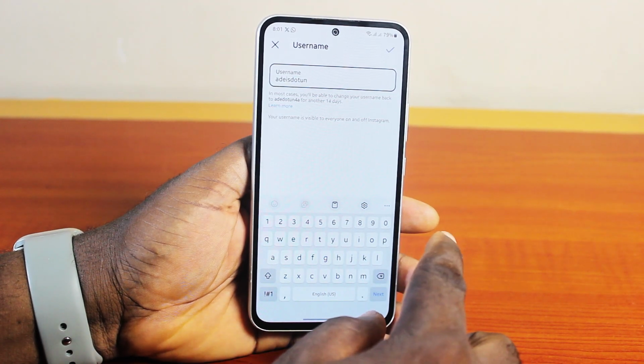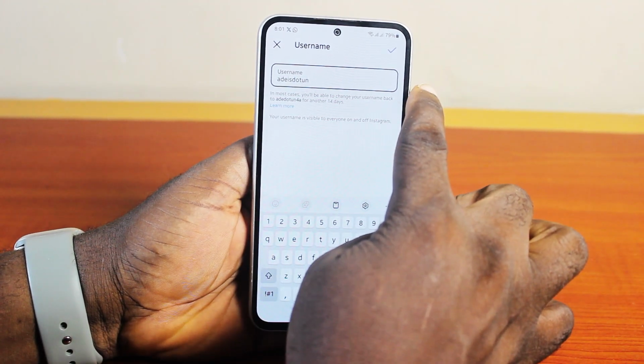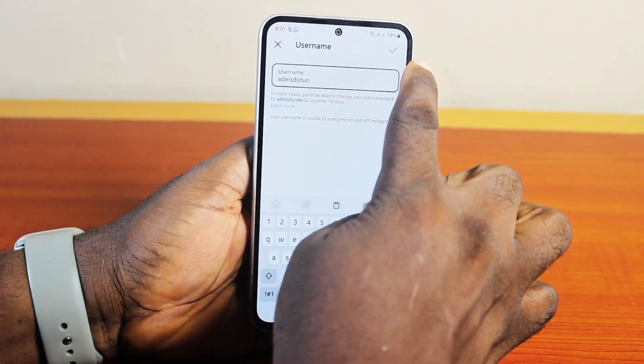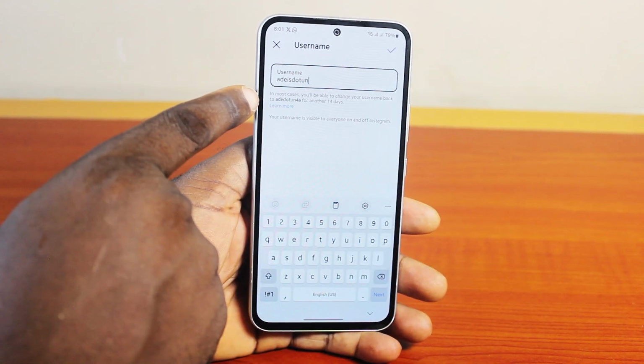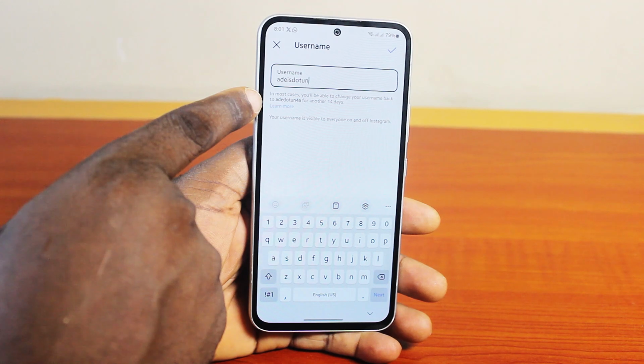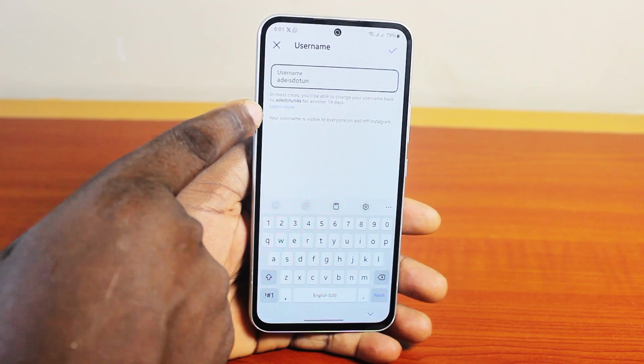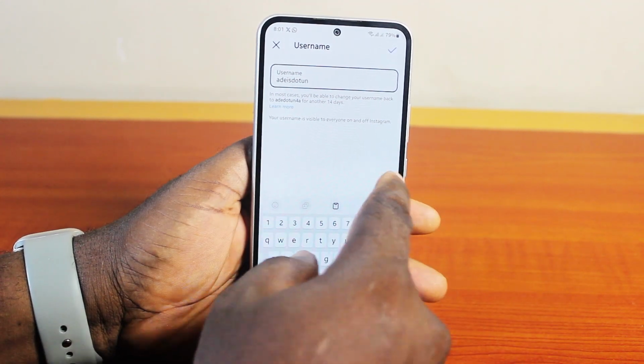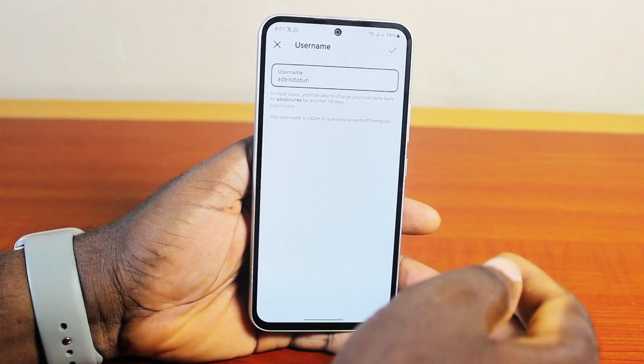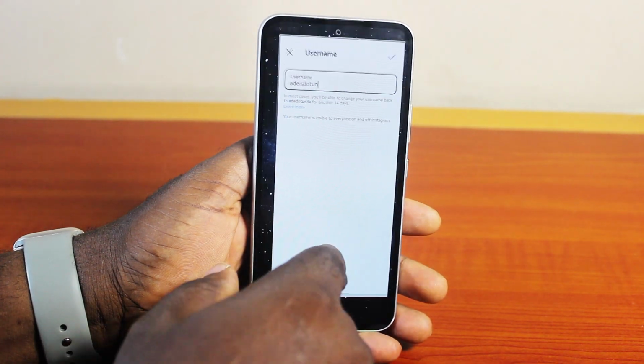If the new username is available, then you should see a check mark here that allows you to see the new username. And you also want to read this. In most cases, you'll be able to change your username back to this for another 14 days. So to save the username, just go ahead and click on the check mark at the top right and then you are good. So that's exactly how to